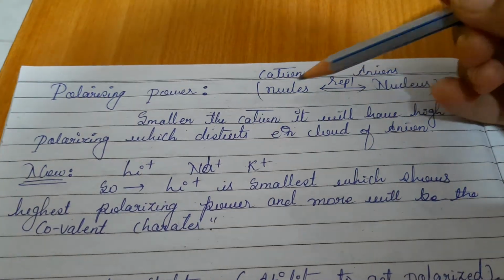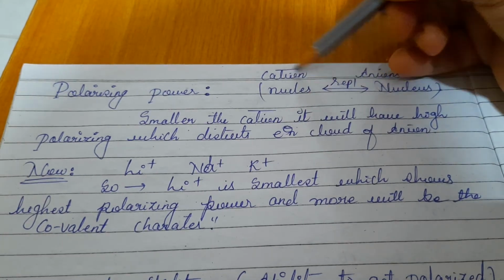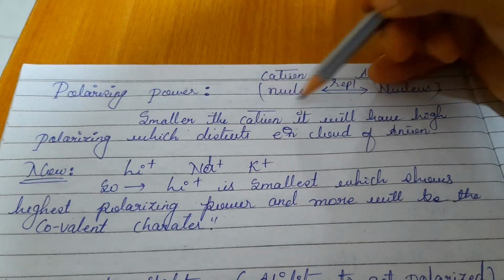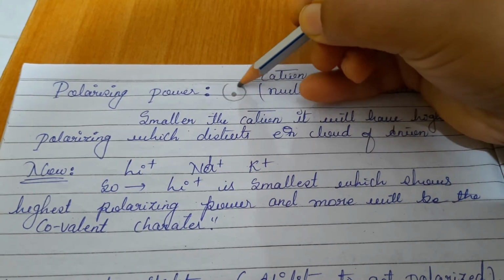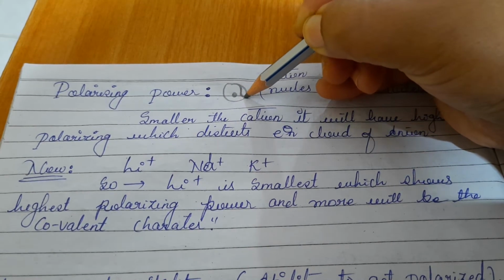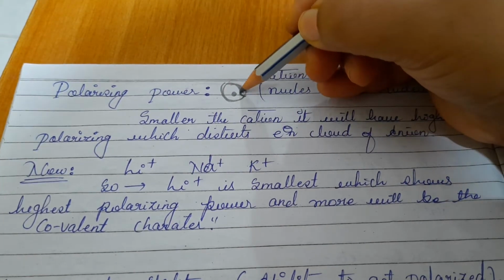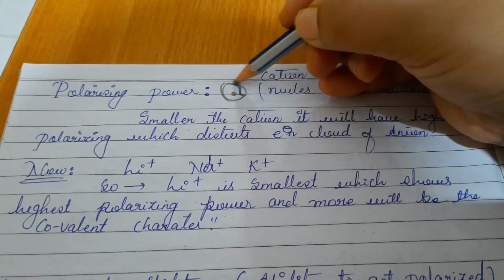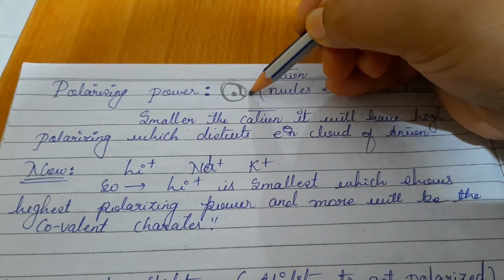Now you can see here I have explained the term polarizing power. The cation nucleus is polarizing, in the sense of complete distortion of the electron cloud. See here, this is the positively charged nucleus, this is the electron cloud, this is the anion. When the cation is introduced, its shape is going to change like this. This change in position or shape is mainly due to a change in the electron cloud. The electron cloud is going to change with the introduction of the cation to the anion. Getting what I am telling you?